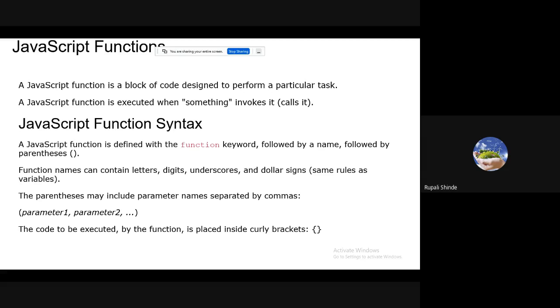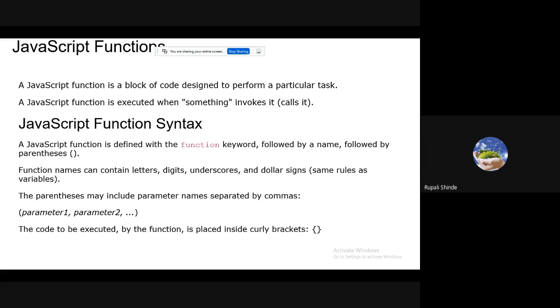A JavaScript function is defined with the function keyword, followed by a name, followed by parentheses. Instead of writing the return type of the function, we just use the keyword function, then the name of your function, then opening and closing parentheses, where we specify the parameters.